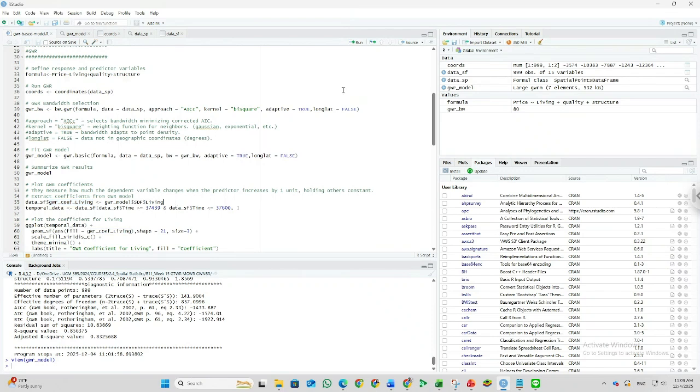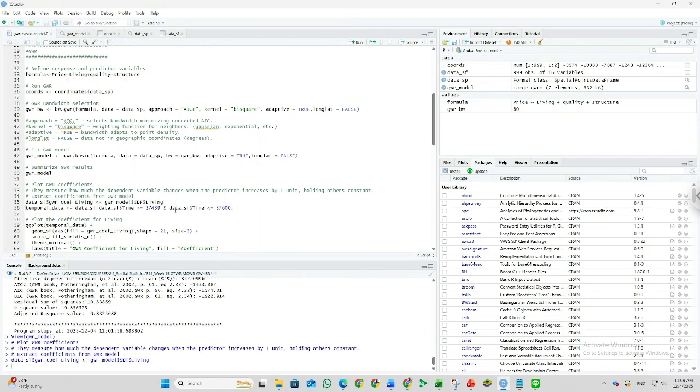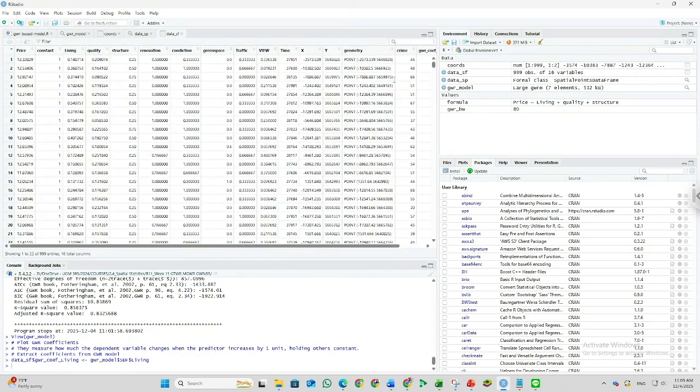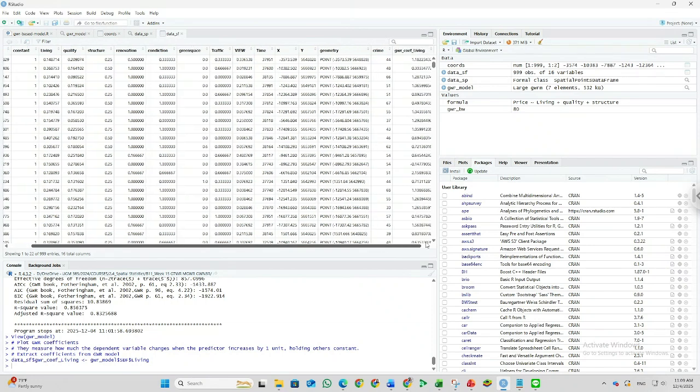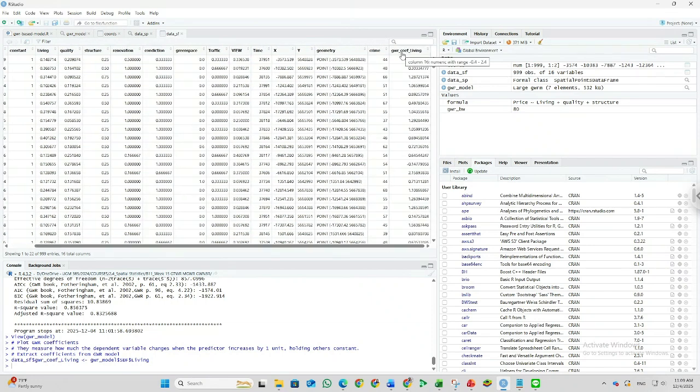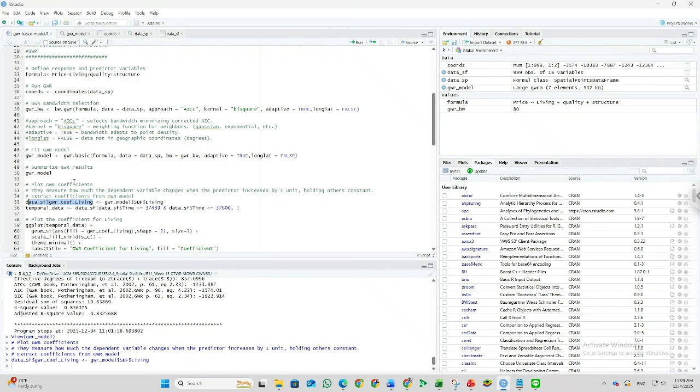We can run. Okay, we can check in our original dataset here. Okay, we have the new variable here. This is the GWR coefficient living based on the GWR result, and it is already added into our original dataset.